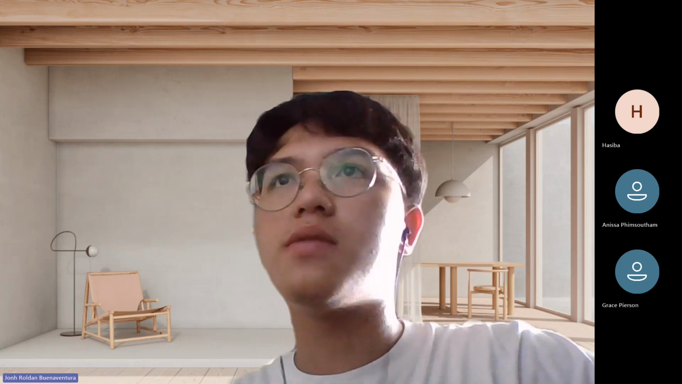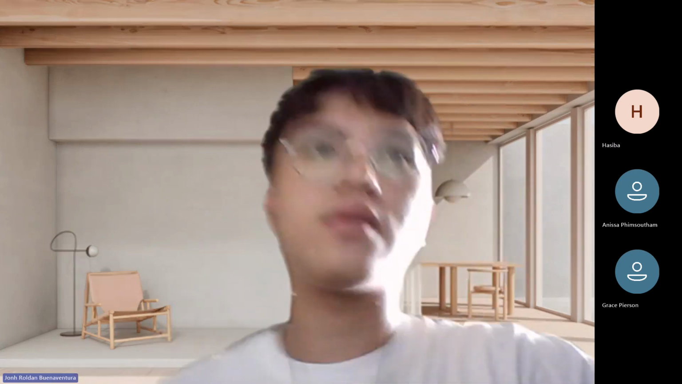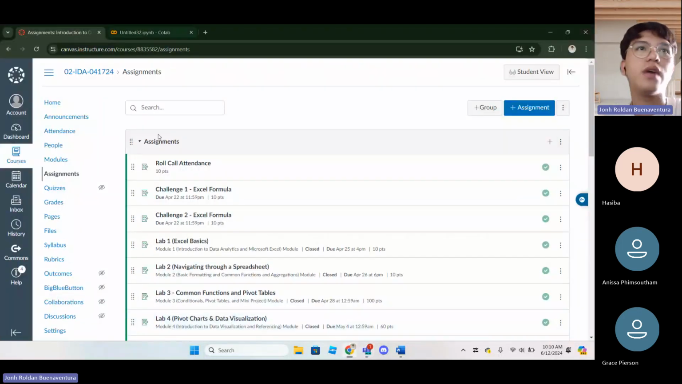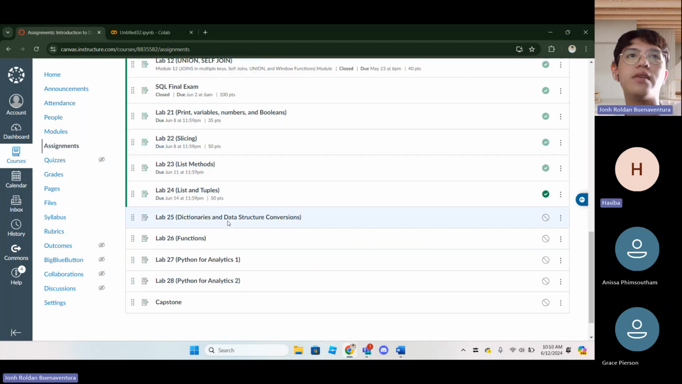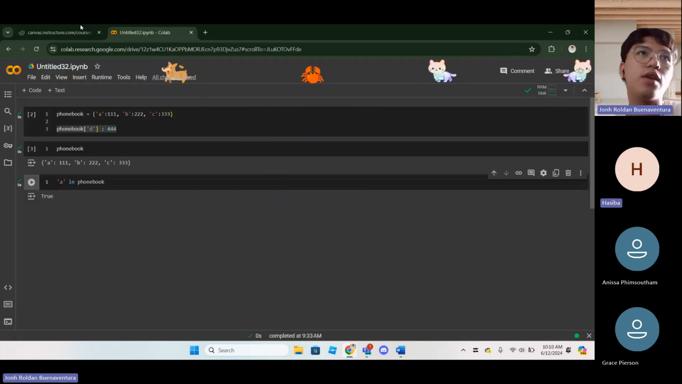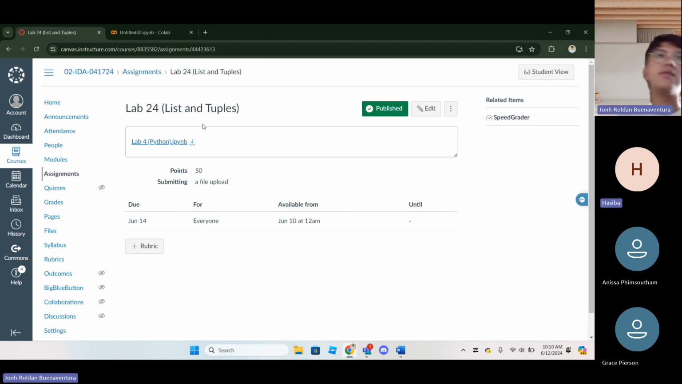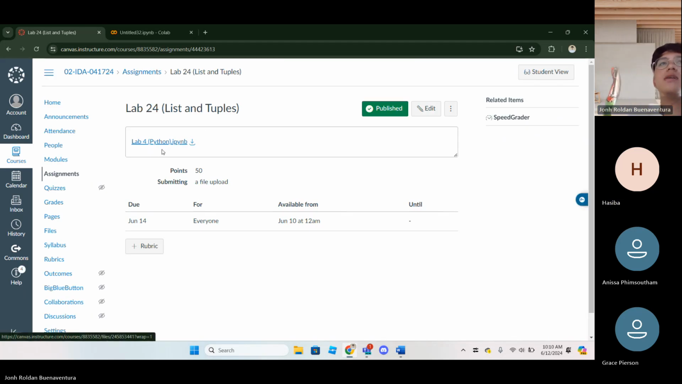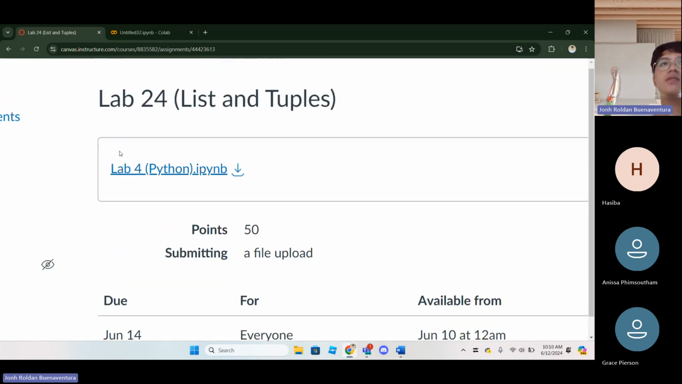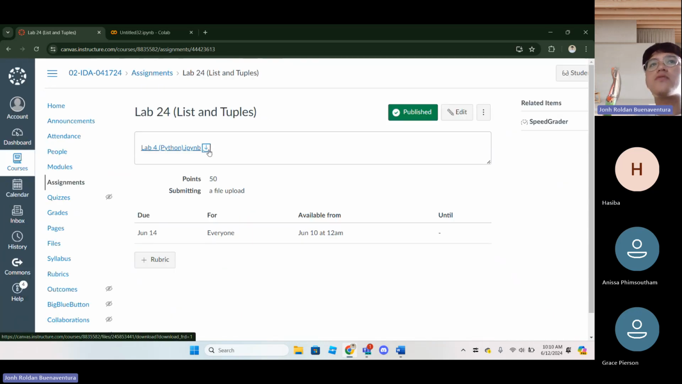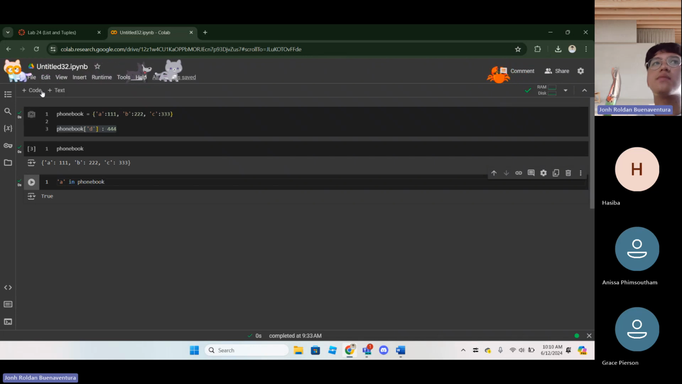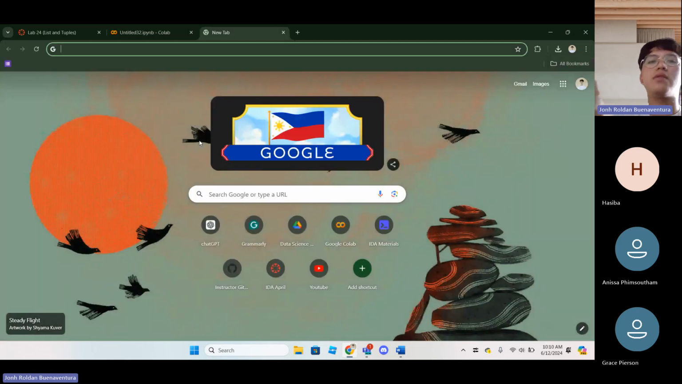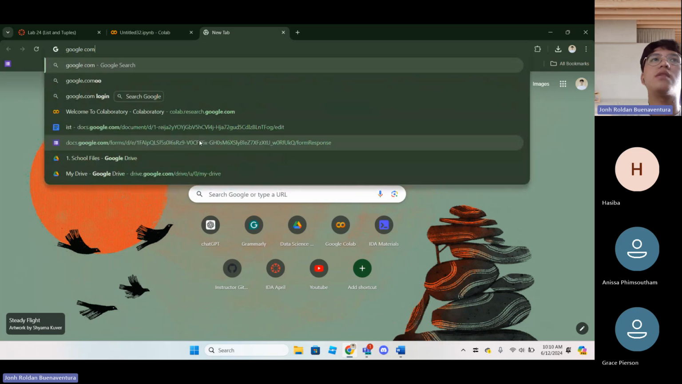So let me show you the way. Just like Grace was asking a while ago, let me show you how to upload an IPYNB file on Colab. The lab 24 is an assignment in which the file is an IPYNB file. So the first step is to download this file on your device. And then after that, you are free to go to the Colab. On your browser, you can just search Google Colab and click the first link that